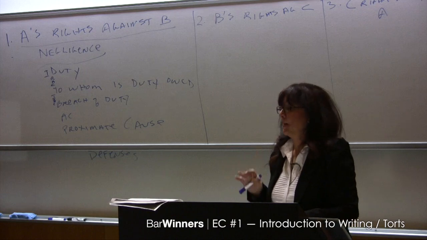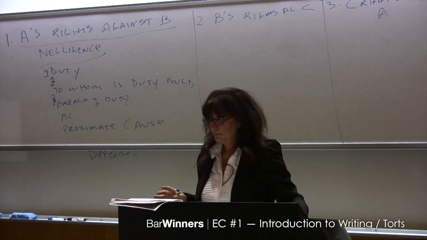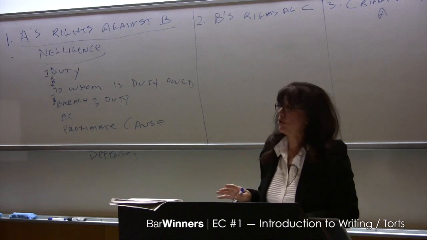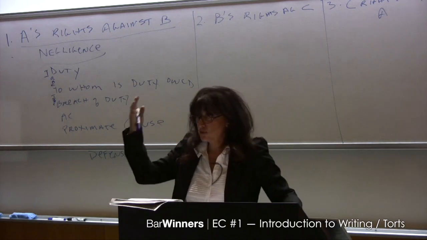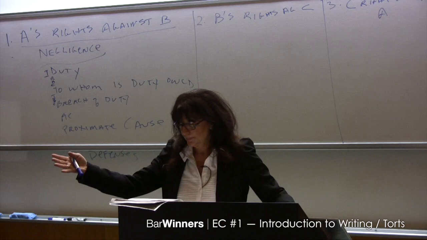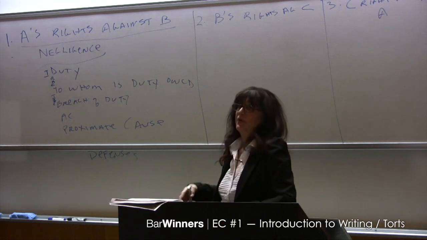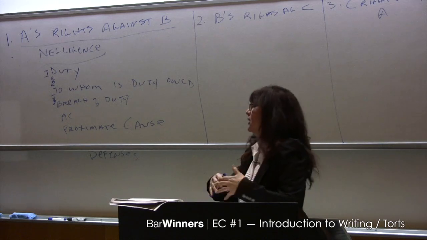Is the plaintiff a public figure or public official? If the plaintiff is a public figure or public official, the media has a stronger constitutional privilege. Because if you put yourself in the public eye, if you're a celebrity, if you're an elected official,